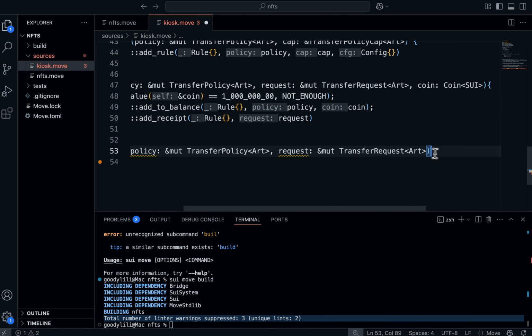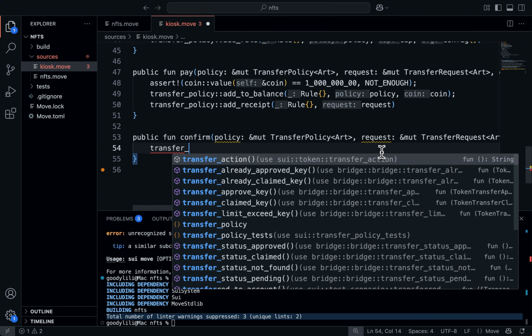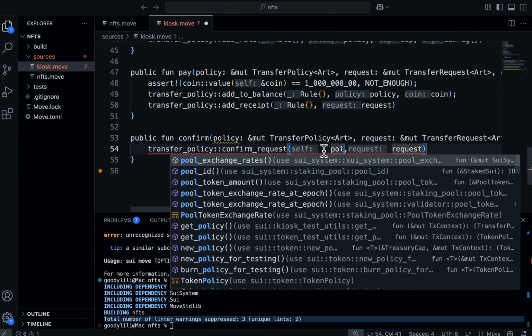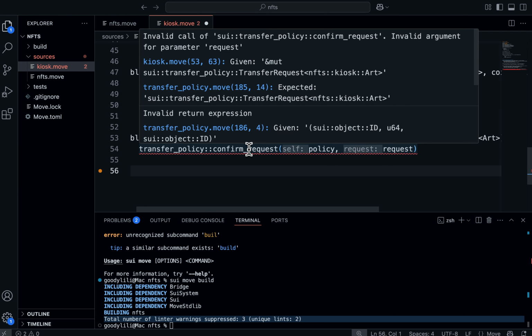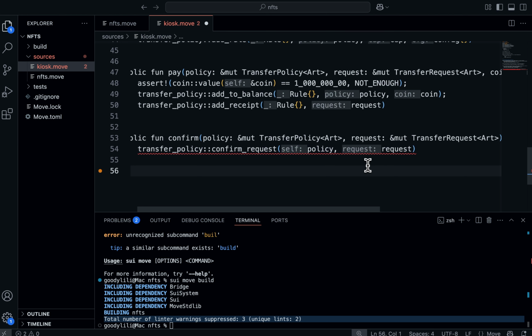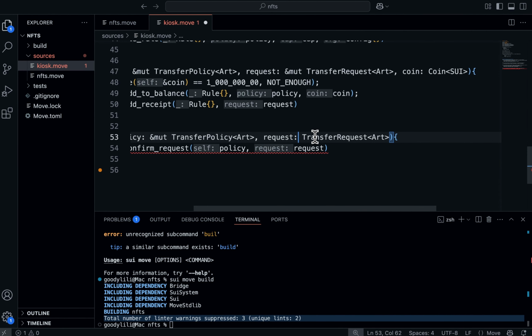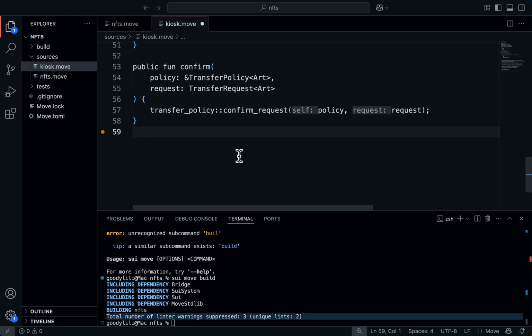And now we can allow them to confirm when they call this function. So it's going to be transfer underscore policy and now confirm request, which takes in policy and the request. So it's policy and request. Valid argument for parameter request. Okay, in this case, I'm not mutating anything, so this is just a reference actually. Or it's not a reference. Right. Now that everything works,